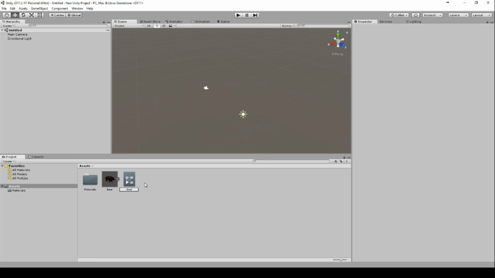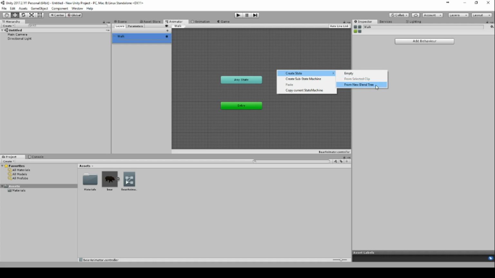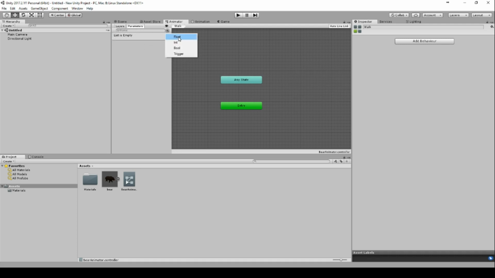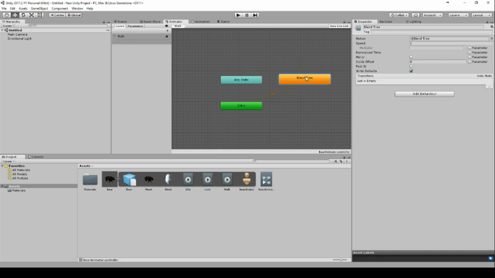Right click, create animator, call this the bear animator, double click it, and here we name the first layer walk. In this layer we create a blend tree. So first we need a parameter for the blend tree, calling it speed. We will come to this in the coding. We will set this in the coding, and then we can create a blend tree,